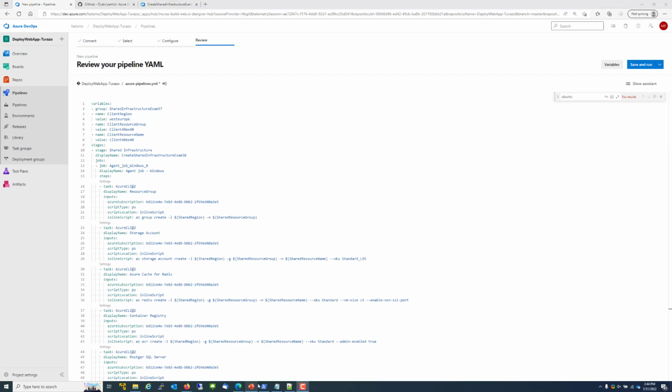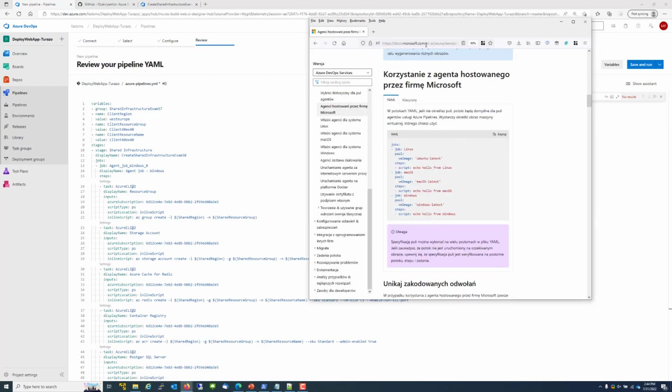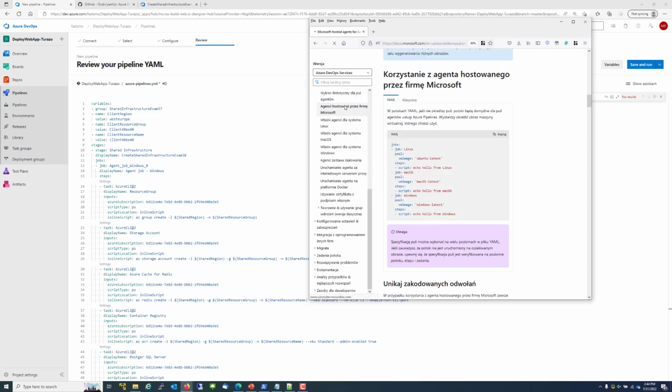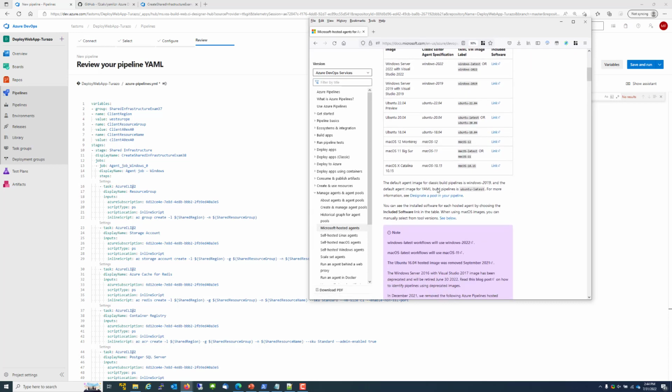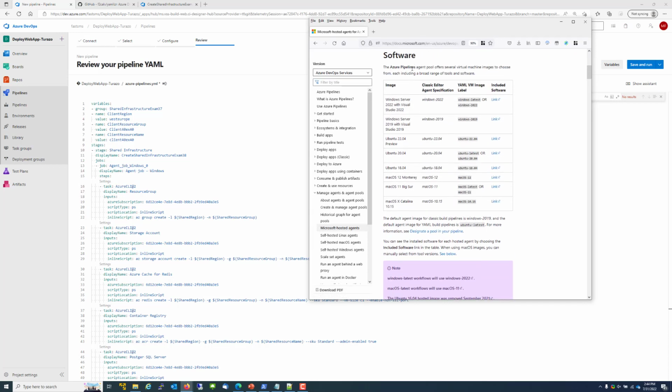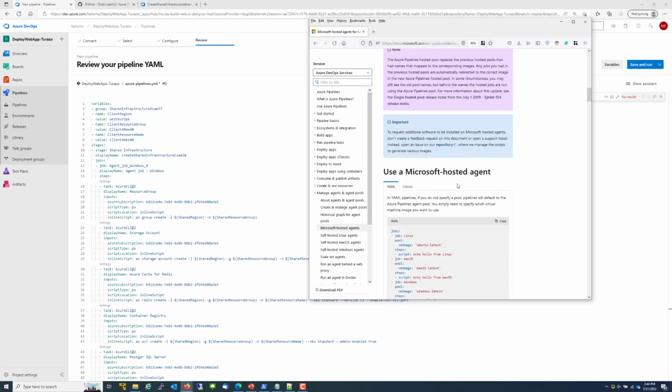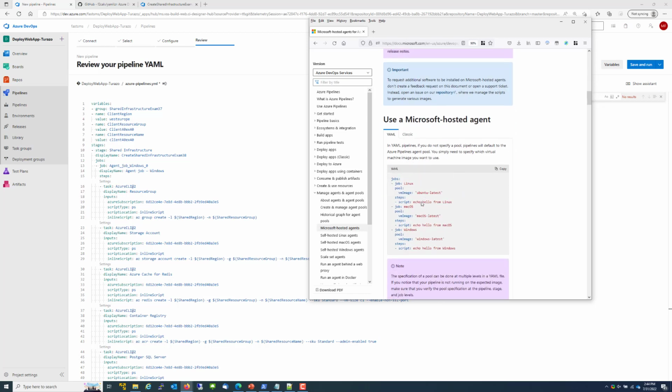Okay, so let's see how it should look here, and we have what kind of Azure pipelines agent pool is currently supported by Microsoft, and in the YAML pipeline we have jobs, okay, here, and